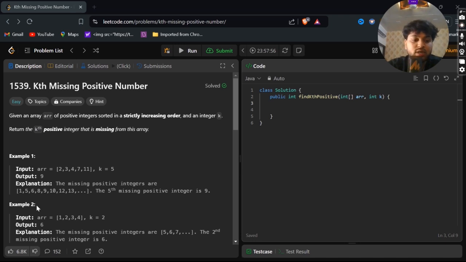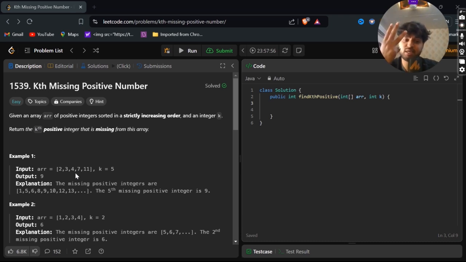Here in the explanation it is written, but very firstly we don't have to see the explanation. I'll be explaining you guys. Here it is 2. Before 2, 1 will be there, so 1 is my first missing number. After that 3 is there, no issue. 4 is there, no issue. 5 is not there, 5 is missing. So 5 is our second missing integer.